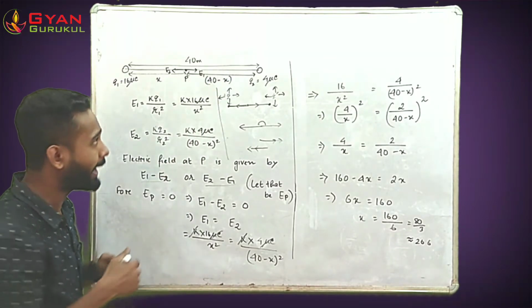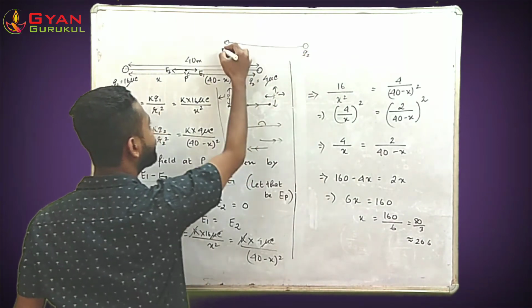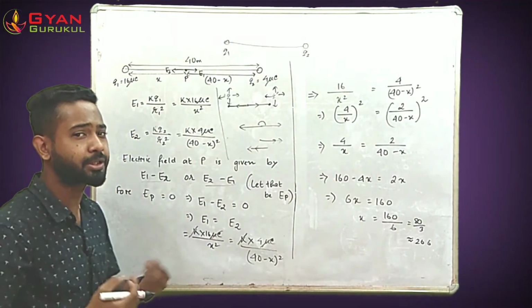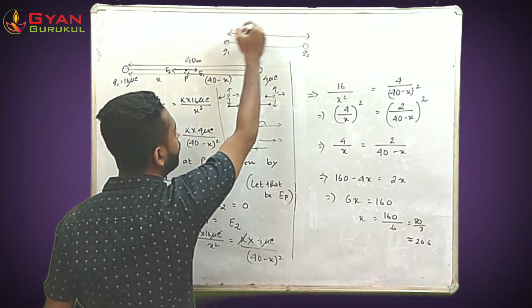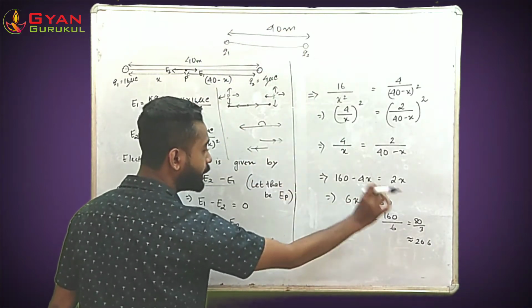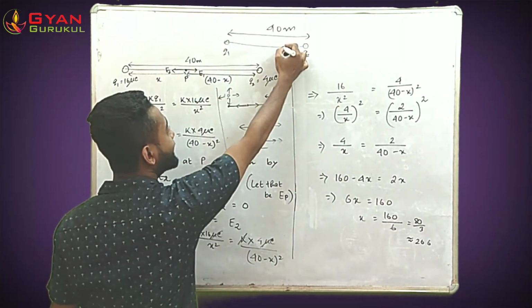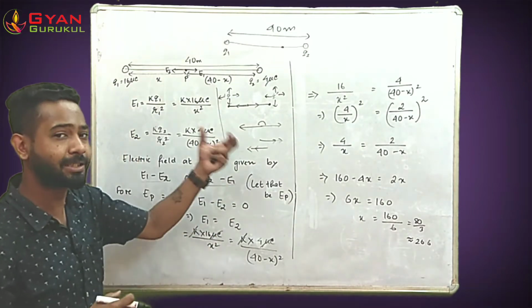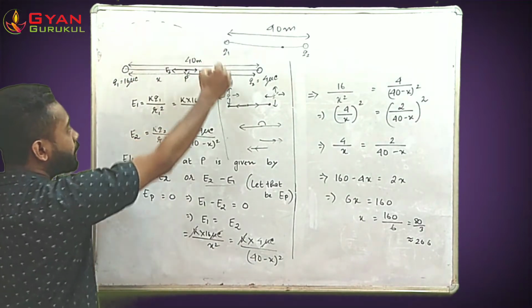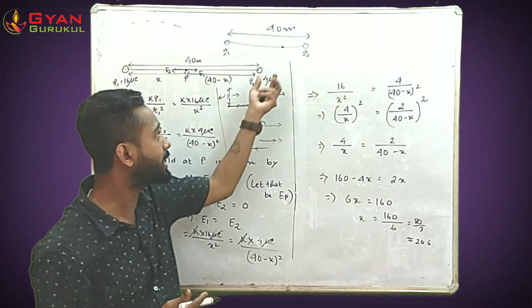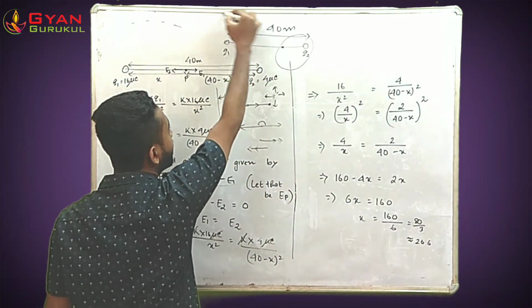Why does the point lie nearer to this charge and farther away from this charge? That is another point to be understood a bit clearly. The point lies at a distance of 26.6 from the first charge, out of 40 meter. We can call that point a neutral point, because the net electric field would turn out to be zero at that point. The point would lie somewhere here, nearer to this charge. Why is it so? This is because it is a bigger charge, so its electric field dimension will be of a bigger zone. This one is a smaller charge, so its electric field would be of a smaller zone. Suppose his field is this big and his field is this big.